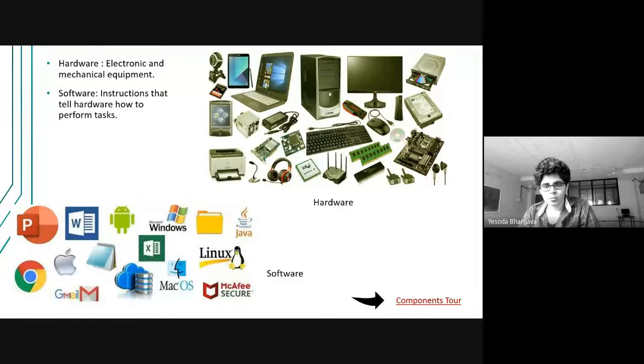Then sometimes the motherboard crashes, and sometimes the motherboard is replaced, the hard disk drive also, and obviously the power backup: after a couple of years the battery is not getting charged, so you replace the battery. Sometimes screens are also replaced when the display goes bad, and most of the time computer keys are also replaced. So understanding the computer hardware is important, because then it doesn't look like a black box to you. You really understand, at least at a very upper level,